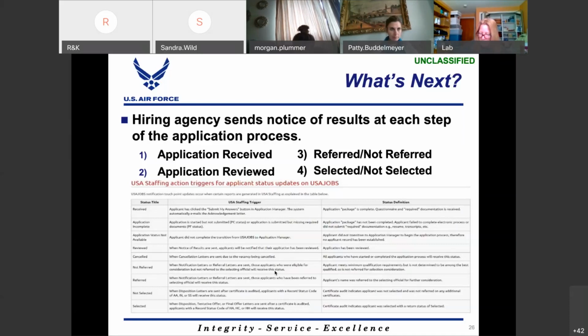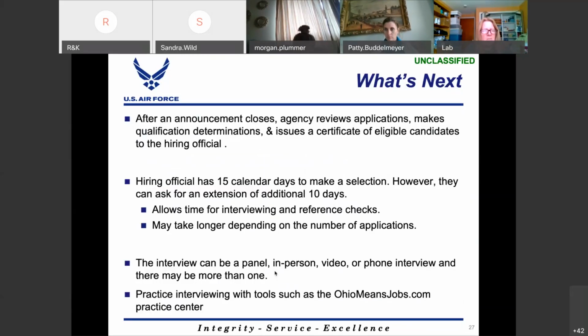Now keep in mind, you're not going to see a referral 2 days after the announcement closes. There will be time in between because if someone faxes in their application, they have to give time to make sure that everyone's applications have all got married up, that their information is there. After the announcement closes, the staffing specialist will review the resumes and all the attachments for qualifications and that the applicants meet the eligibility to apply to positions. A lot of times we find that when they're applying, they're not truly eligible to be looked at. So they'll look at all of that information, create a list of all the highly qualified applications, and send those